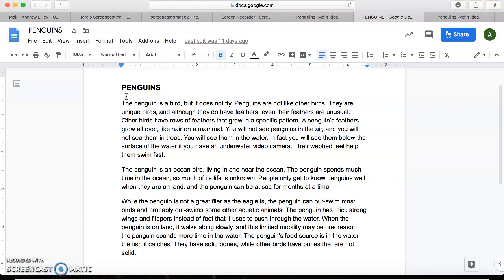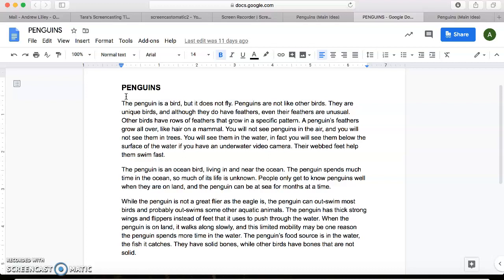Now, some of us confuse that with the main idea, and some of us like to put down, I think the main idea of the text is all about penguins. But we can't do that when we're writing specific responses. That's more of what the topic is, because that's more general, more broad. When we're looking at the main idea, we need to zoom in on that. So more specifically, well, what about penguins? Not just all about them, but find something very specific that you can put into a sentence.